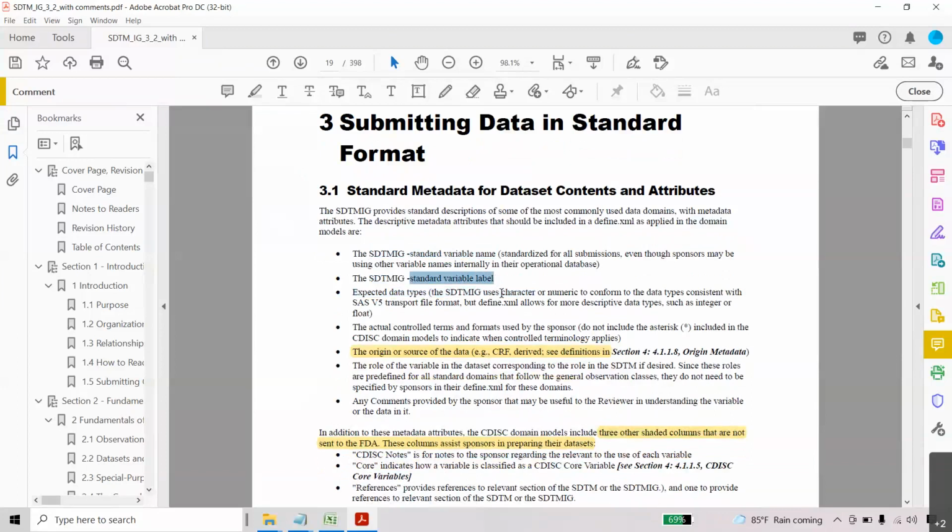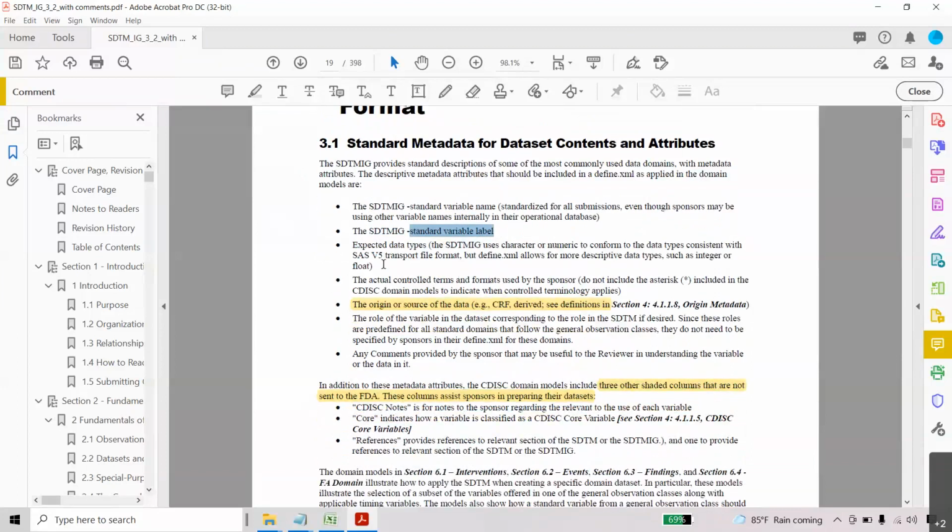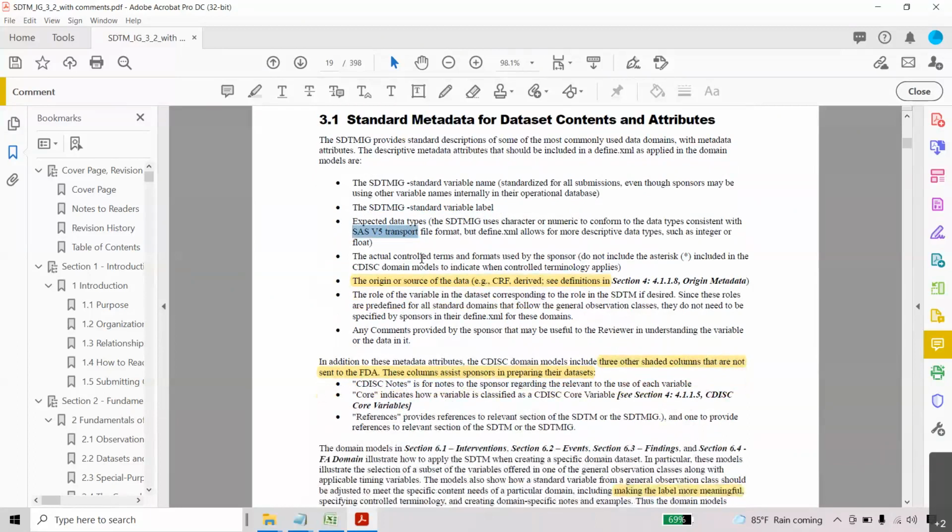It should be as per the SDTM IG, and the data should be a transport file. It is called a SAS V5 file, and every variable has controlled terminology, which should be clearly defined in the document. I will explain this in the controlled terminology.